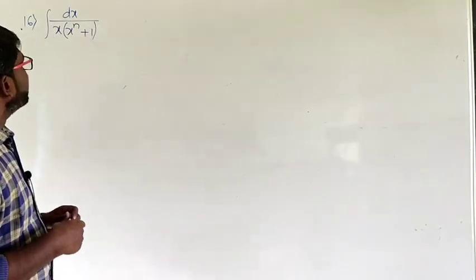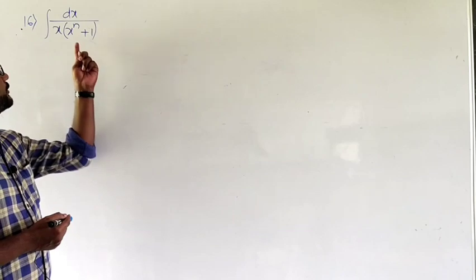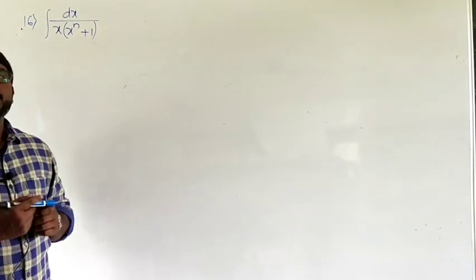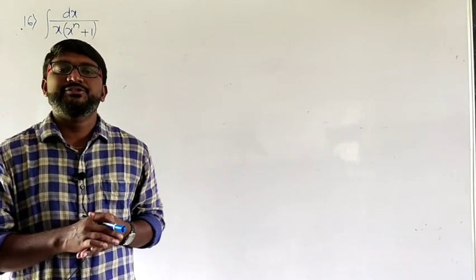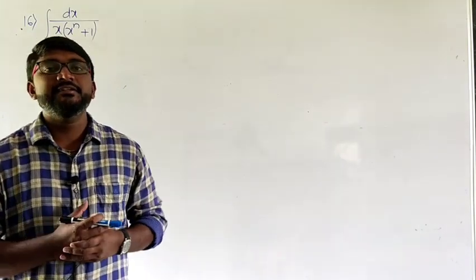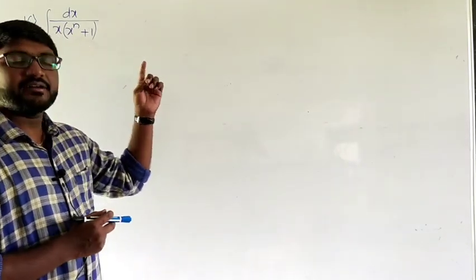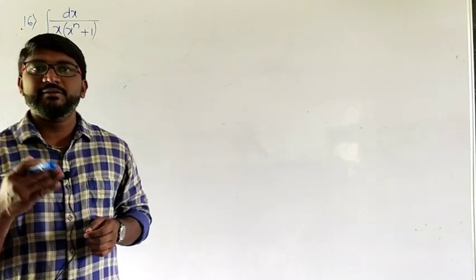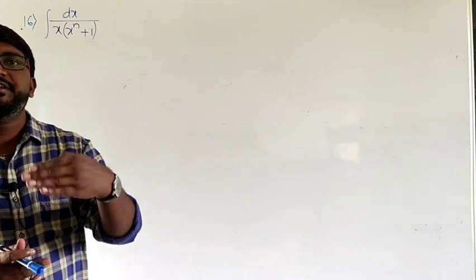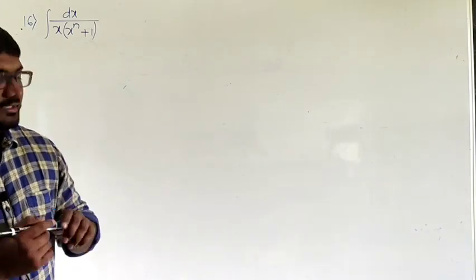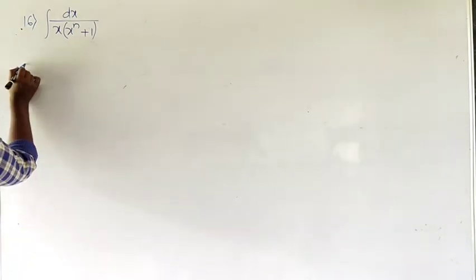It is the integral dx by x into (x to the power n plus 1). If you see the textbook, he has given the hint and substitution. Here the hint is we have to multiply the numerator and the denominator by x to the power n minus 1, and after that go for the substitution, that is put x raised to n equal to t. So let us do that now.